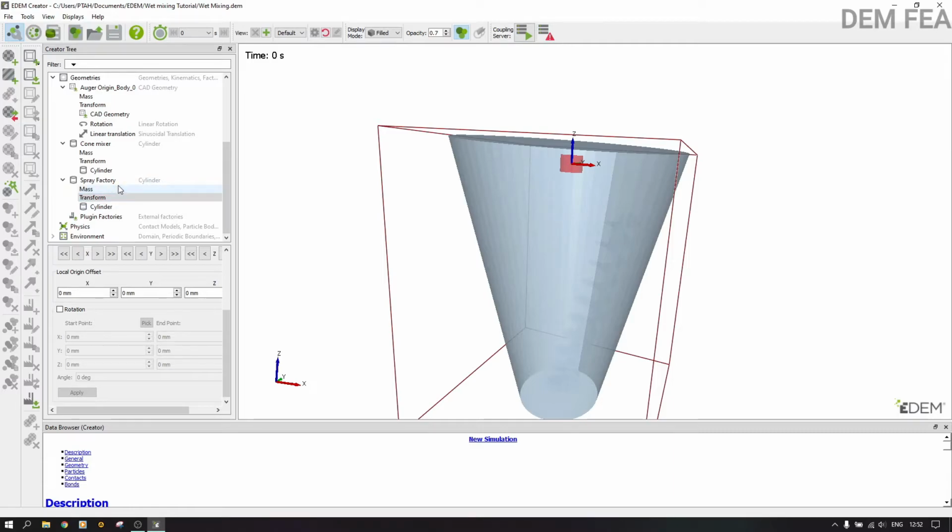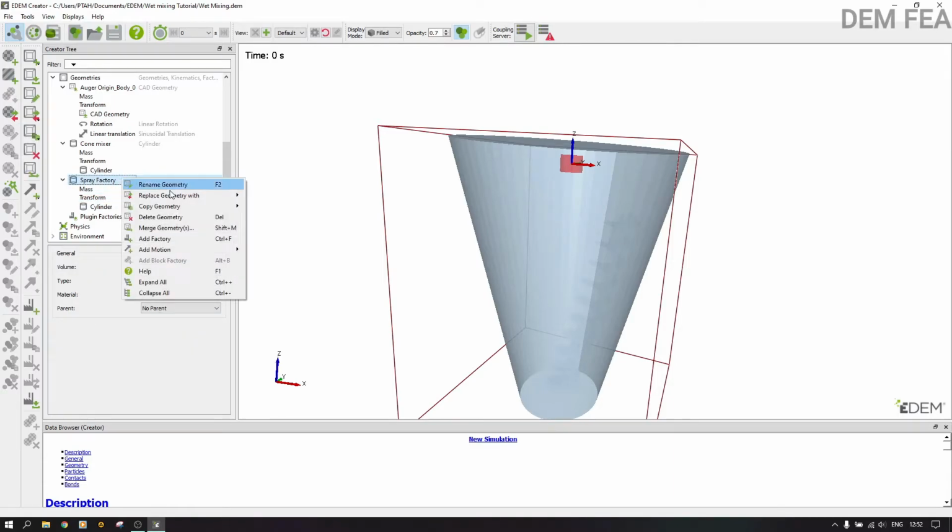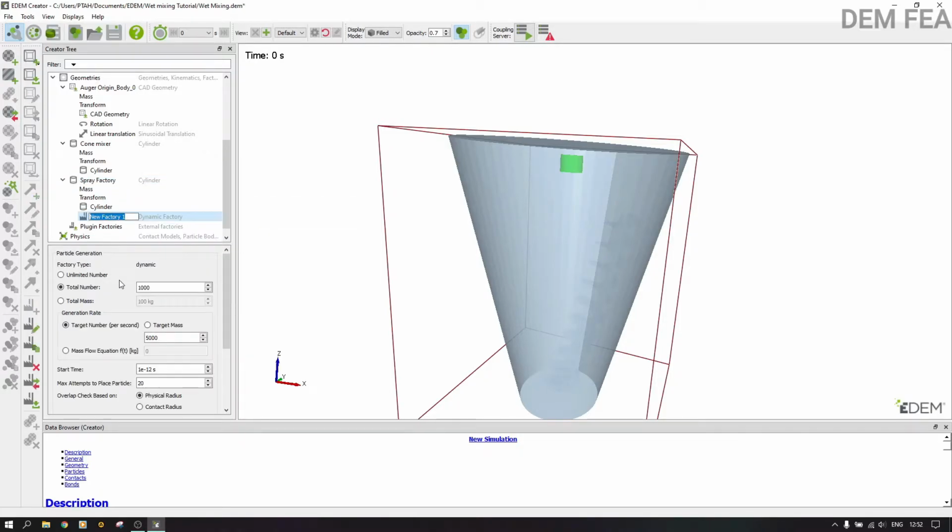Now we need to add a factory here. So we add a geometry here. We need not geometry, add factory like that. And then now we put unlimited number per second. We leave it like that, and we want this to be produced after 2 seconds, because once 2 seconds is up, I want all the particles, the ones that are being sprayed, to have been completely simulated,